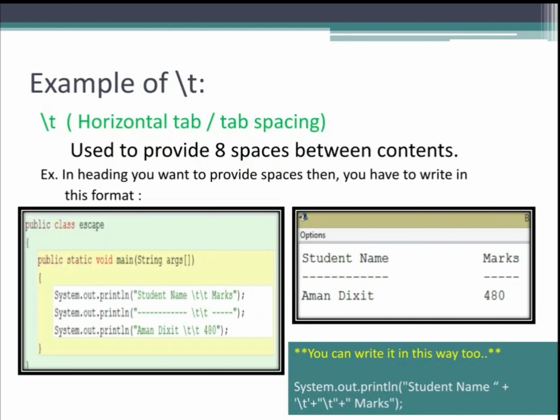It is also a way of writing. You are not getting any error if you write this way also, adding backslash t as a character with a string, because the whole combination you are getting is in the form of a string. When it is in the form of a string, system.out.println is going to print it.